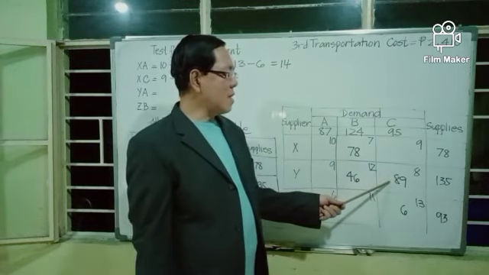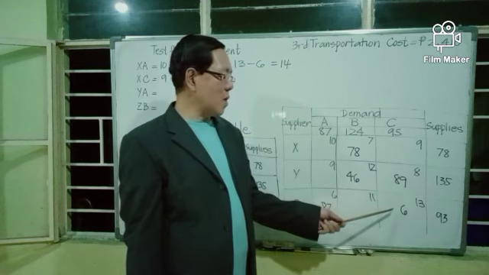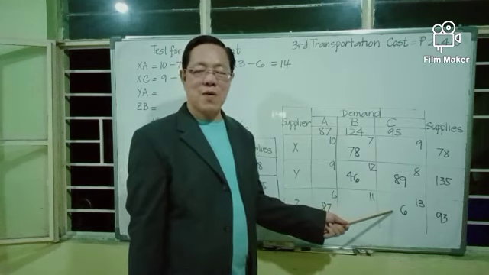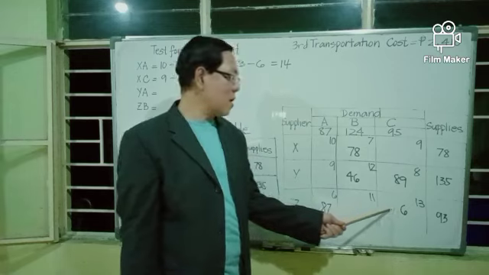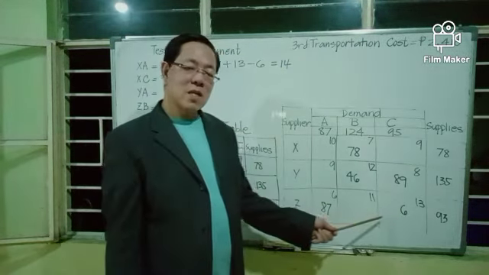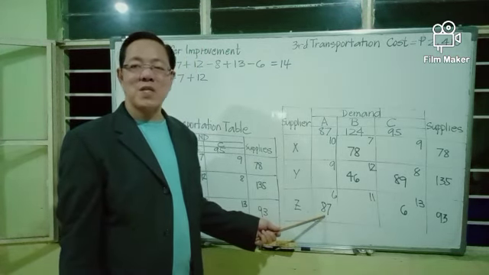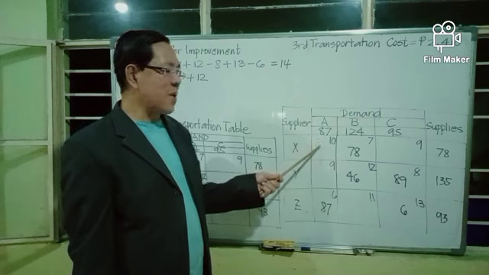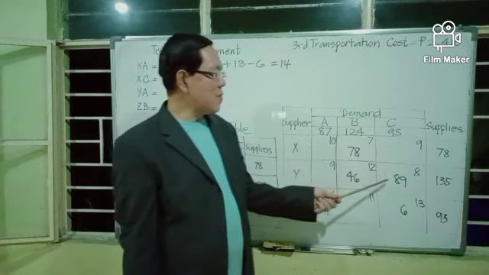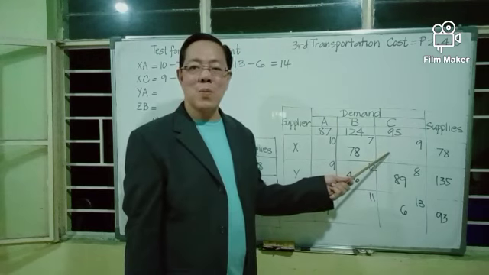And from 89, the next move is vertical. If you move vertically downward, you can do that because this is occupied. But the next move is horizontal, and this is vacant. If you move horizontally to the left up to 87, you can do that. But the next move is vertical, it's vacant, and it's vacant. So if you move from 89 vertically downward to 6, you will not be able to go back to this